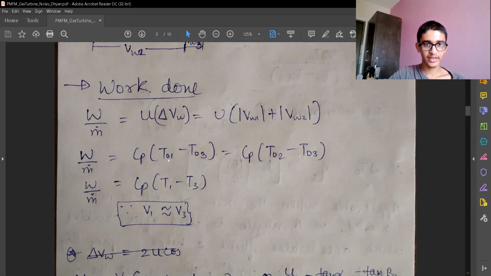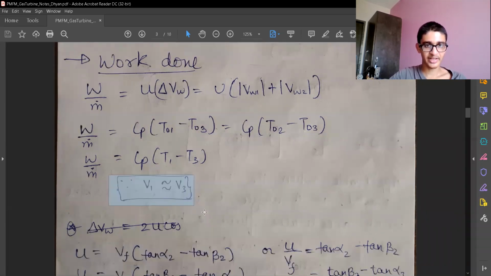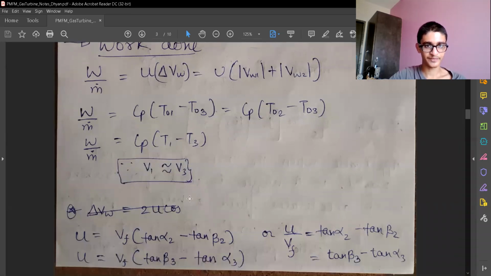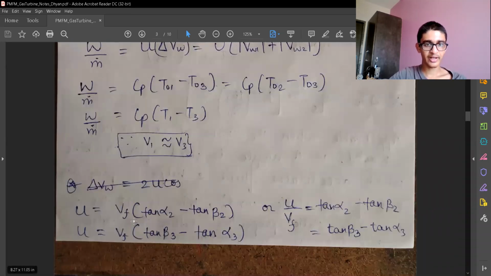And in the stator also, we know that the total temperature is not going to change because we are not applying any energy to it. So T01 and T02 are the same, and from T01 minus T03 we can directly write T1 minus T3, because we want no increase or decrease in velocity. We want the velocity to remain the same. We do not want to increase the velocity, rather we want to increase temperature, and hence we use that temperature, meaning the pressure, to drive the turbine and get the work output. So velocities are the same at the inlet and exit of the stator-rotor combination, so one stage.